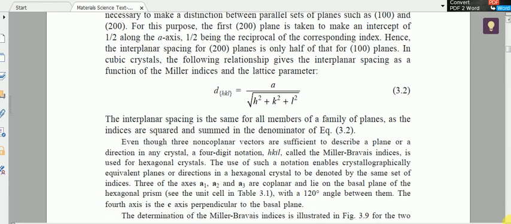One more thing is there, that is to find the interplanar separation. We know that HKL is used to represent the crystallographic planes. So the separation between two planes is represented by d_HKL, which is given by a divided by the root of h square plus k square plus l square. What is HKL? They are the three crystallographic specified directions. a is the dimension of the unit cell. This is for a cubic cell. So you can find the interplanar separation using this equation.